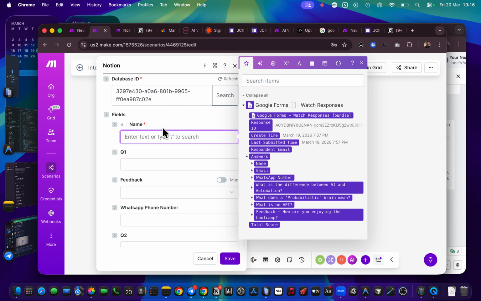If you want to map the data you got from your forms, when you click on it, it's going to show the previous modules before that particular module. If it's not just Google Forms, it will show many modules, if you added many other modules before you added Notion. But in this case, you only added Google Forms before this Notion module. So you can see it added them here. When it comes to name, it's very simple. You have to look for it. Where is the data for name here, so that I can map it? You can click on this and have the whole name added there.